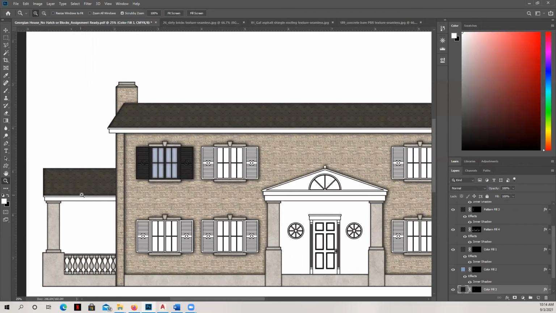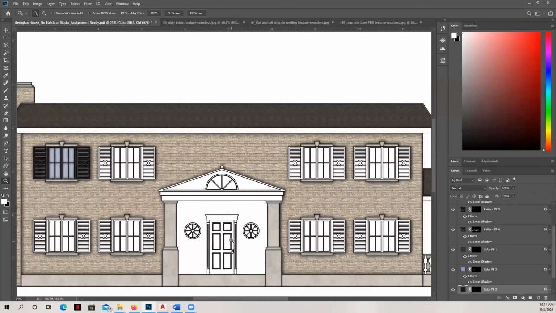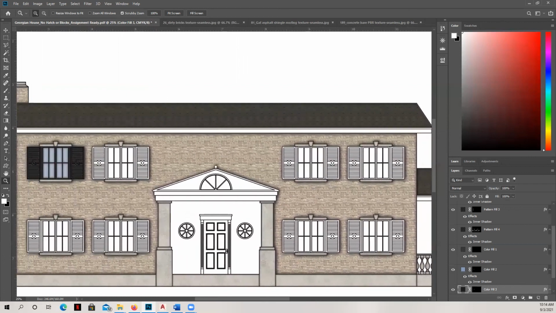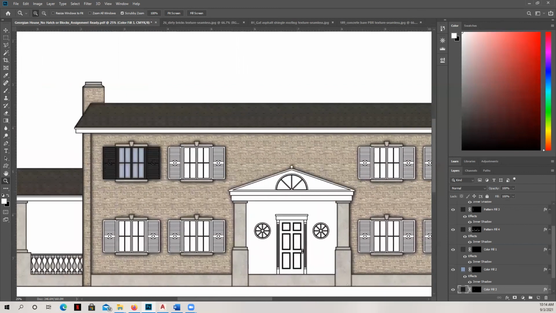For the trim over here, this part here and the part over here, in situations like this with this type of architecture, it's a lot of white. And so I would go ahead and just define and fill and add a shadow to the white areas here. And I might consider bringing in either a unique color of the door or being a little bit more subdued and having it match this. So I'm going to go ahead and pause and kind of infill a couple of other elements for you just to get an idea. And then we'll start to have fun with some of the entourage.